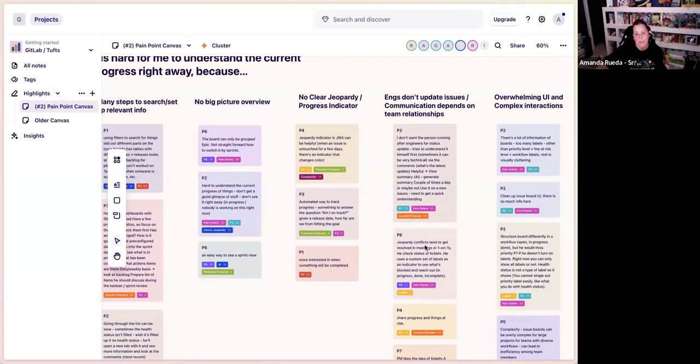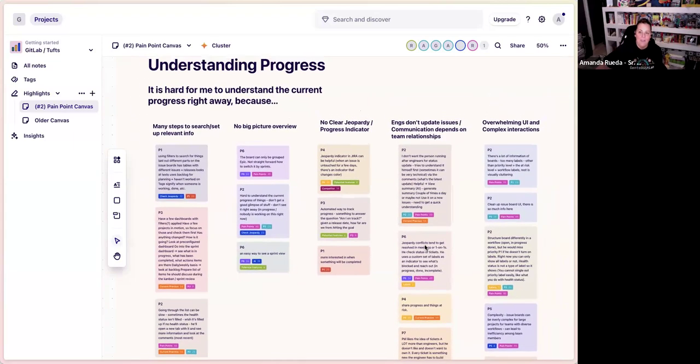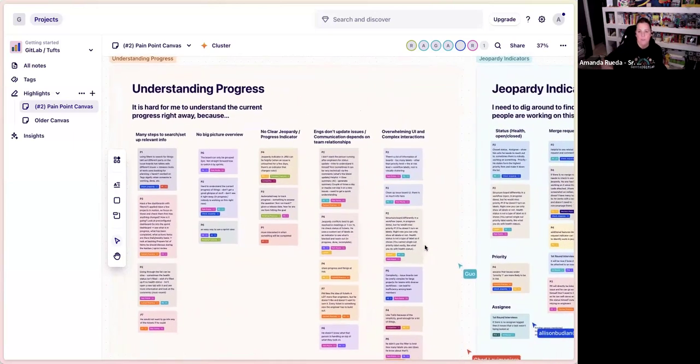That's a good point. But if we zoom out again, it's like, well, what are they doing? What are they scanning for? And if they're scanning for workflow, for example, should it be a label? Or if they're scanning for something in jeopardy, should that be signaled through a label? Should it be something else?